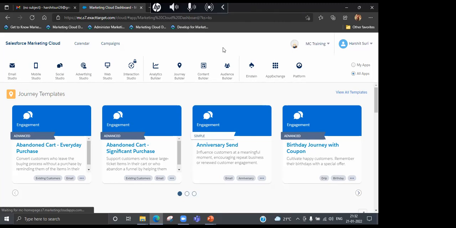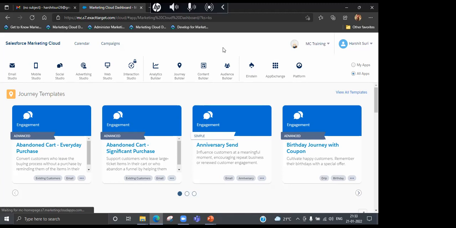Okay. So Harshit, will we get a demo account for practice? Yes, definitely. As told earlier, you will be getting a 2-month demo account for practice. So what are the competitors for this? Say, suppose for Salesforce Marketing.